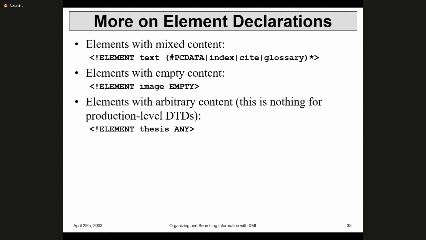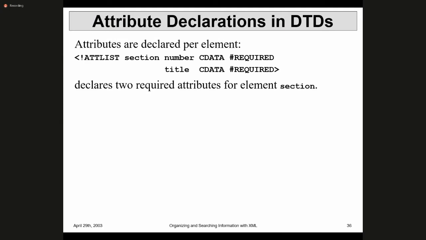Now apart from elements, we have attributes. Right? Attributes means some sort of string defined within a tag. Right? So here we define attributes with the ATTLIST or attribute list tag. Right? So attribute list and the section, number, and required. Right? So yes, like this. So this is the element name. This attribute list is applicable for